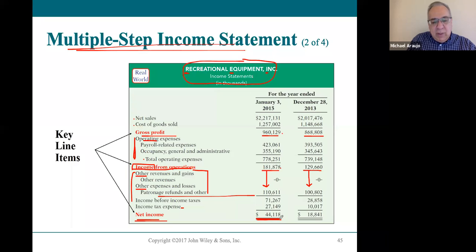So when you look at a multi-step income statement, there are interesting questions. Is $44 million the real story of this company that sells $2.2 billion in goods in this fiscal year? Well, no, it's more profitable than that just by running the business. However, because they have promised these refunds, and I don't know what patronage refunds are, but we would have to read about them in the annual report,